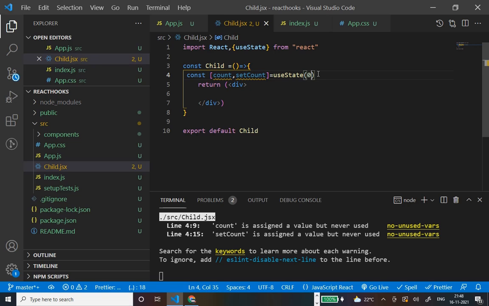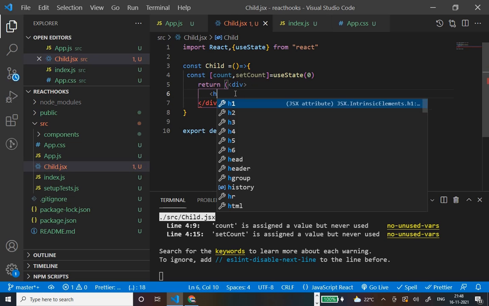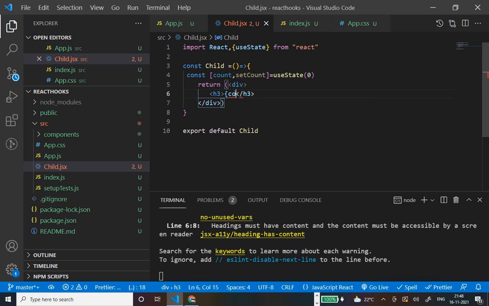Let's put the initial count value as 0. First I would like to show the count getting updated in the child component itself, before showing it in the parent component. So let's use h3 and show the count.